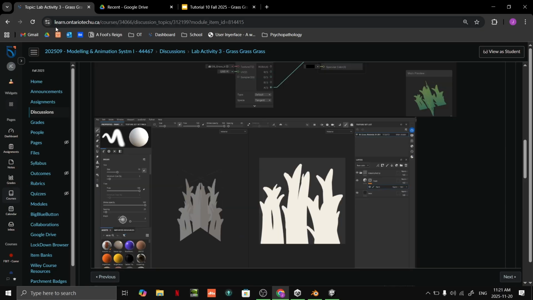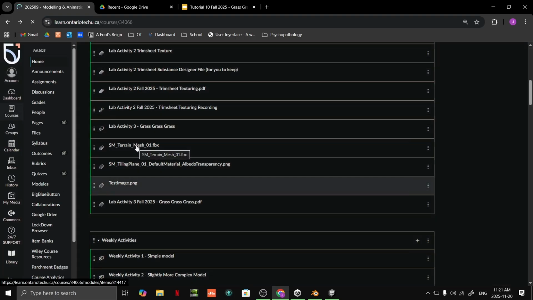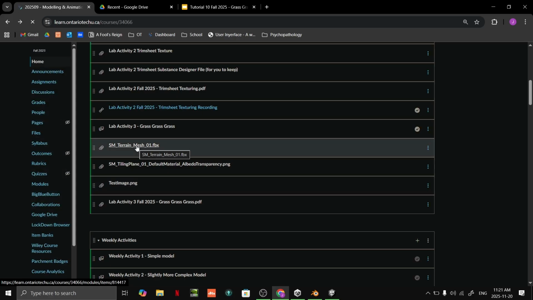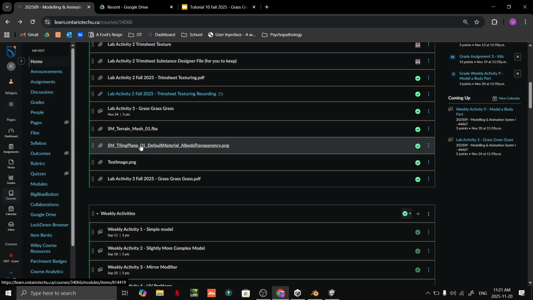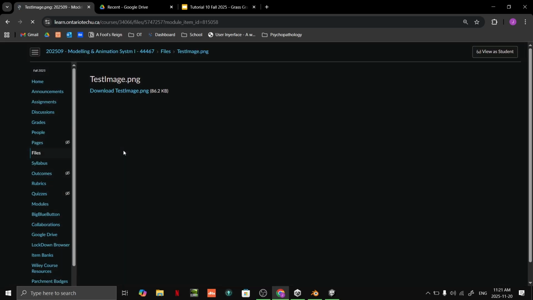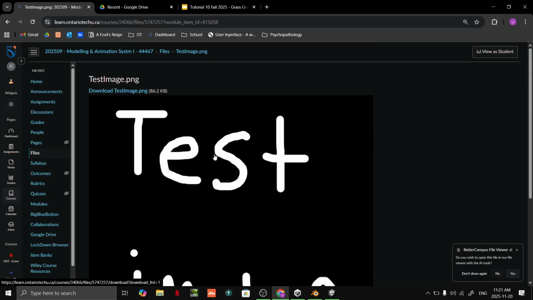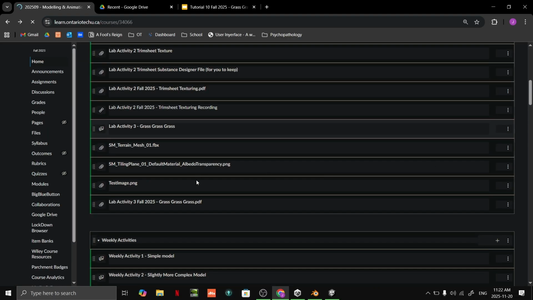And so this will be available on Canvas to look at, as well as the terrain mesh I have available. If you don't have the terrain from last week, you can download this one for today, as well as the texture. And while we are creating the grass itself, I created this test image texture to make sure your UVs are oriented properly so that the grass is oriented properly. That's a lot to throw on you at once, but